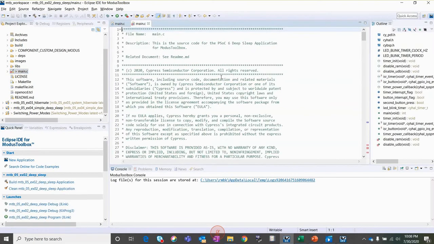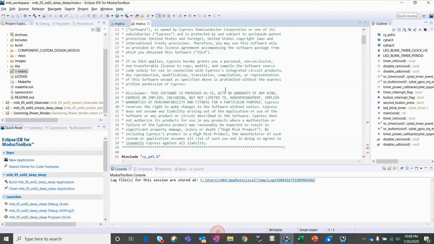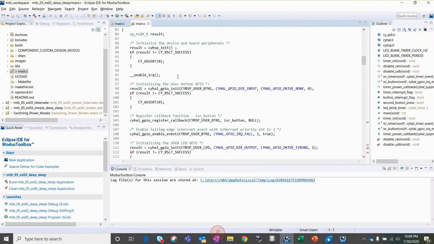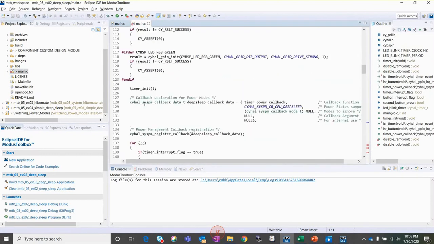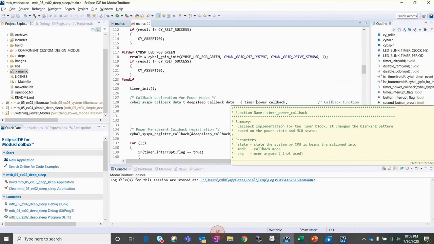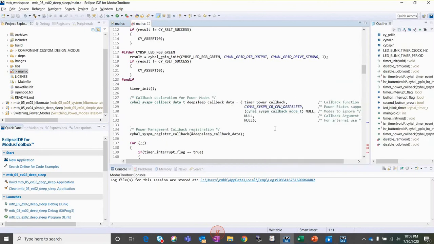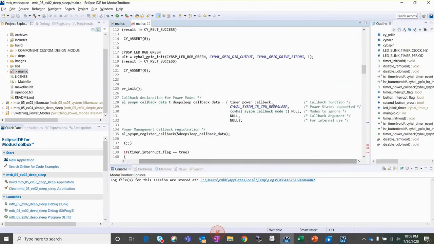This is the main.c file of the application. And here we have all the initialization code. And here is where I've registered the callback, initialized the callback structure. The structure has 5 parameters: the actual callback function and the power states that it supports.